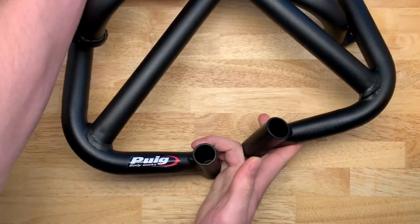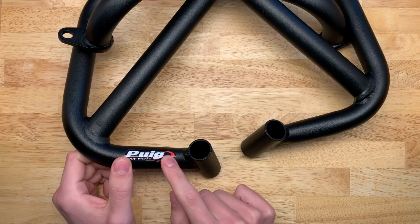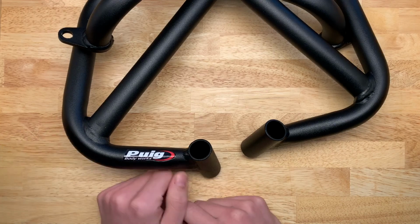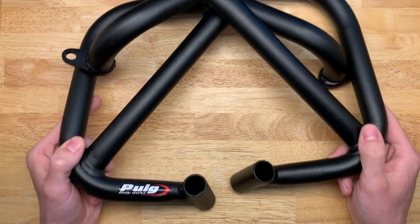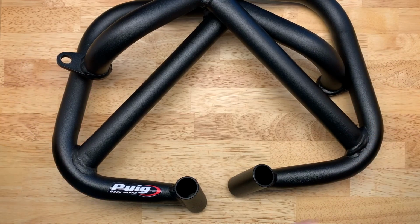And finally, the Puig, I don't really know how to pronounce the name. I would doubt if anybody really knows how to pronounce it, but these are some crash bars. Now these are for the